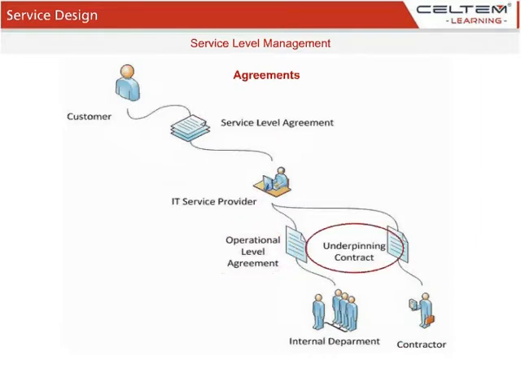An underpinning contract, with a reference to an SLA, is a contract between an IT service provider and a third-party provider. The third party provides goods or services that support delivery of an IT service to a customer that are required to meet agreed service level targets committed in an SLA. It is important to ensure that all targets contained within both SLAs and OLAs that rely on external suppliers are underpinned by appropriate level of maintenance and support contracts and are documented and agreed with such contracts.